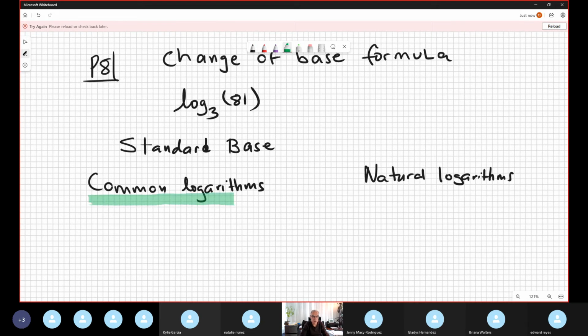Common logarithm is used in science, physics, chemistry. Students, I need you to take that using common. And the most important thing is the base is 10. It's 10. There are many formulas in